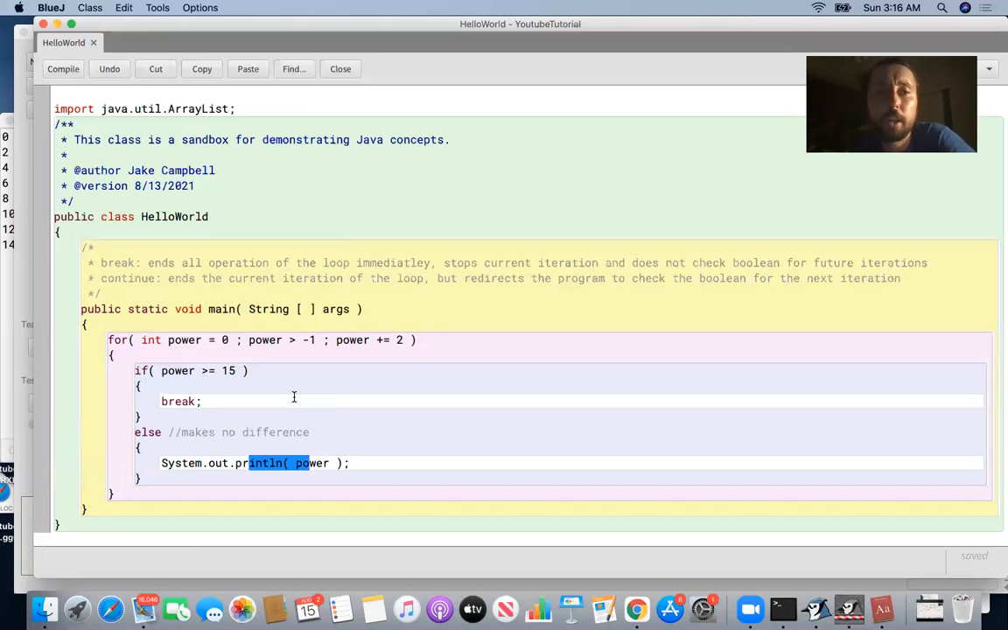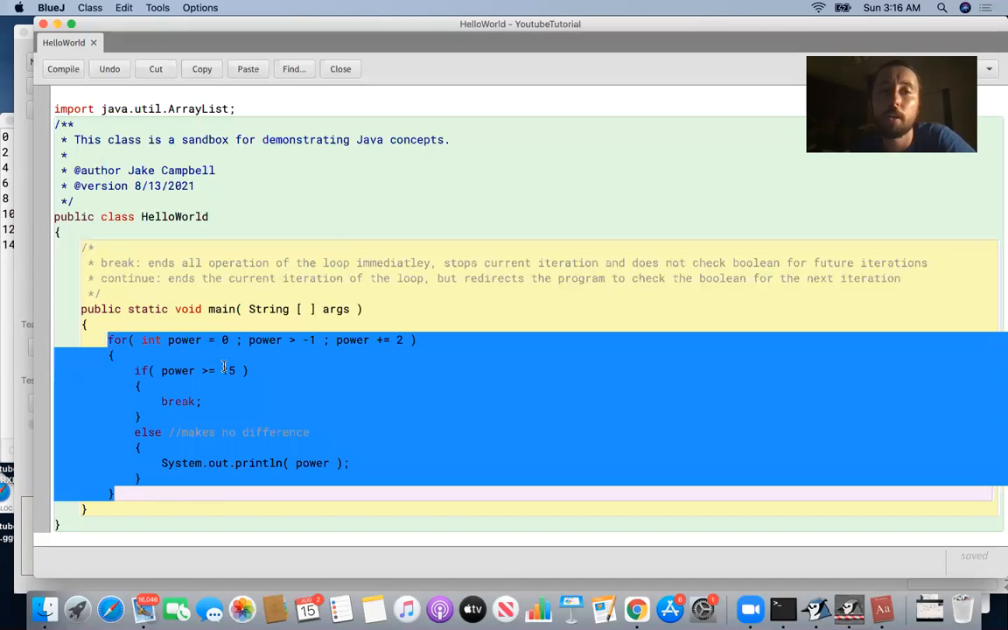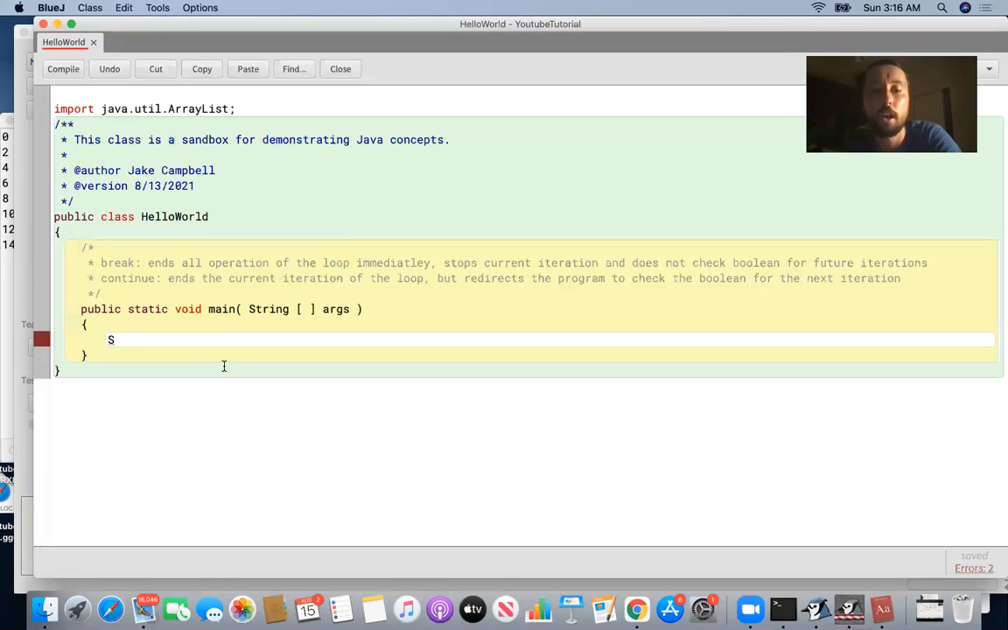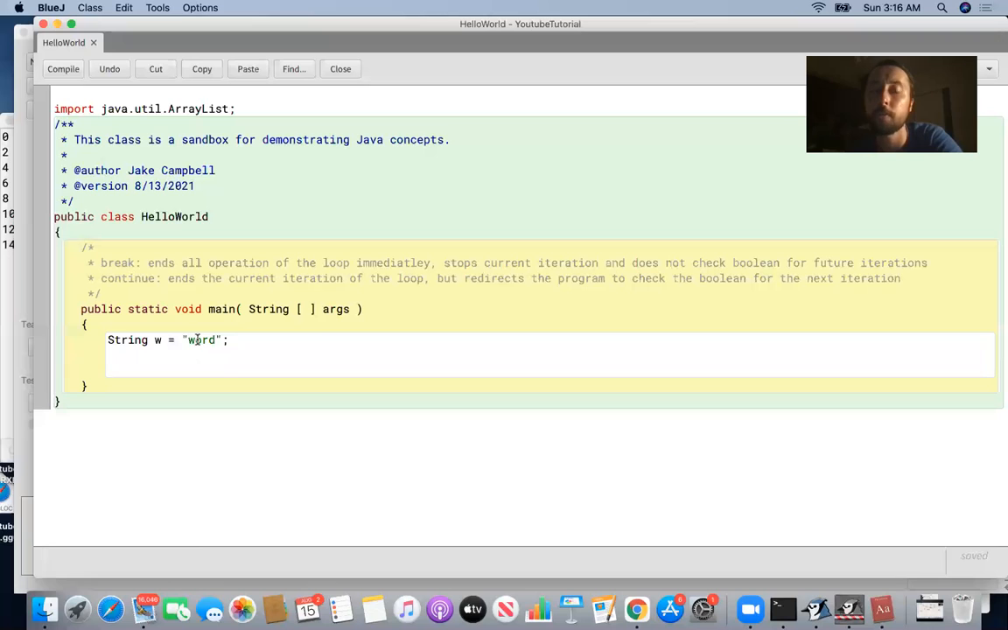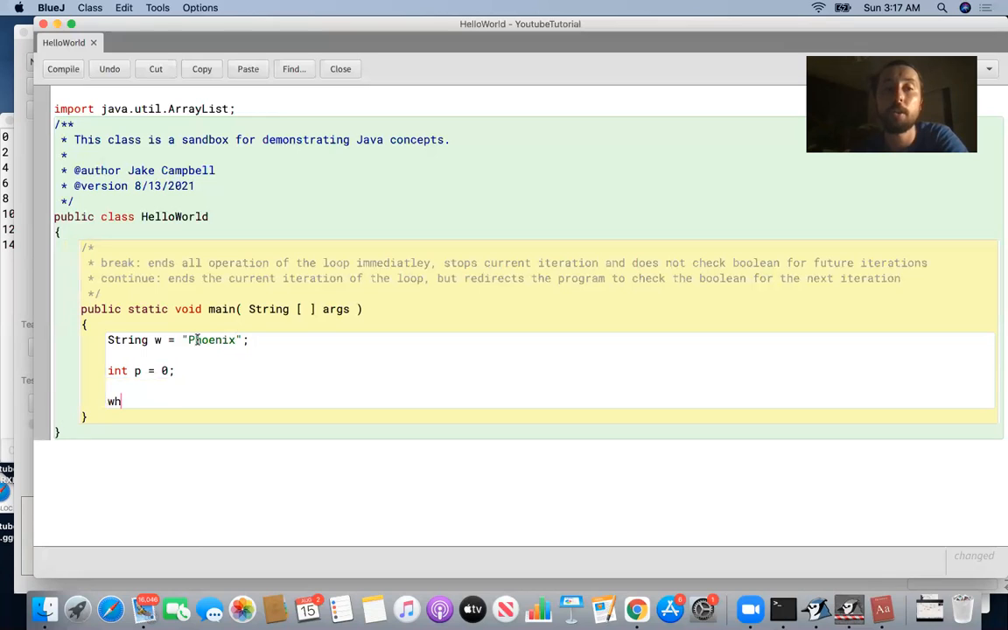So that's the break statement, and you could do the same sort of thing with a while loop, right? So what we're going to do is say string W equals word, okay? And what if I want to print the uppercase version of this word? So I want to print the same example as we did previously. We want to print the uppercase letters of this word, but each uppercase letter is going to go on a different line. But what I'm going to do is make a while loop, and I'm not going to know where to stop. So I'm going to say int p equals 0,